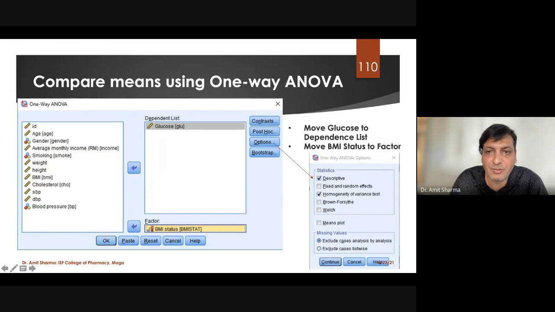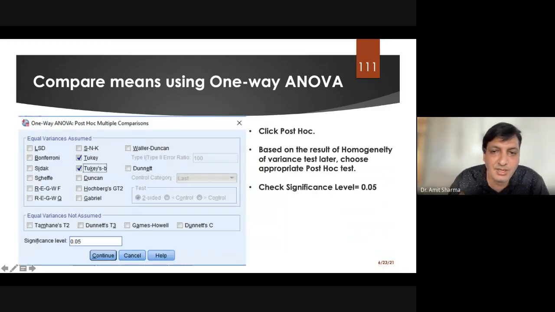After that, you have to go to Post Hoc. In post hoc, different scientists have invented the tests. The most common are Tukey and Dunnett. By referring to which scientist you want to proceed with the ANOVA, the most common is by the readings of Tukey. I have clicked on Tukey, but you can click on this or on Dunnett, it's your wish.